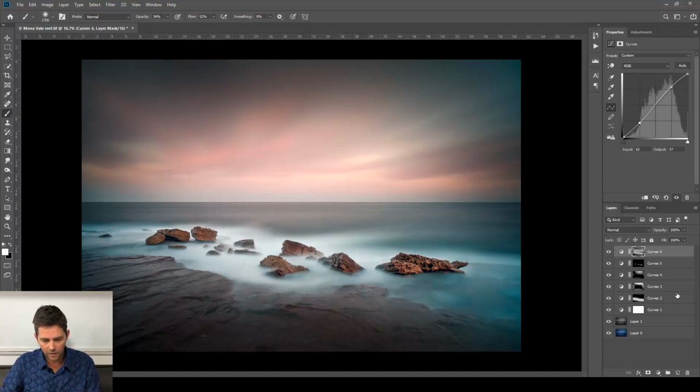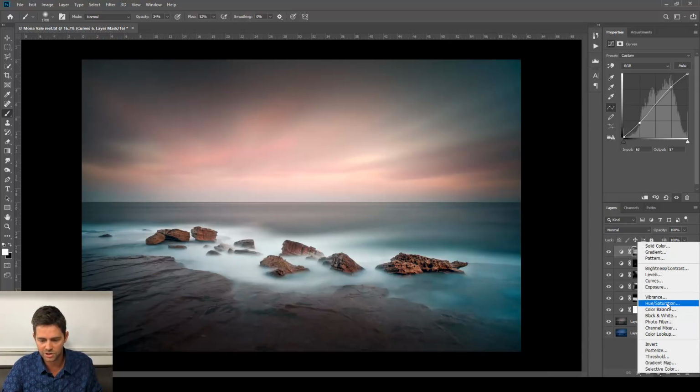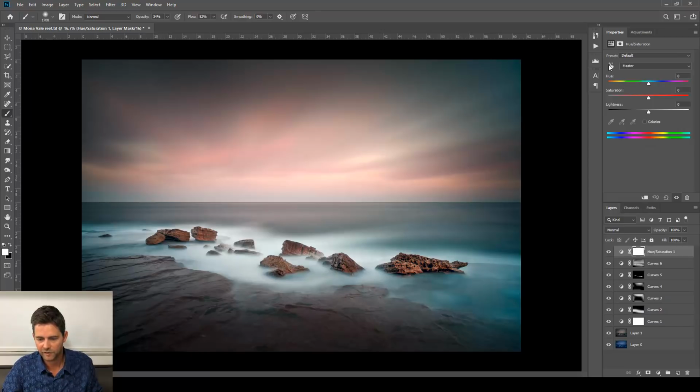Okay. Now, what we might do is just tweak the color a little bit now, okay? Now, there's a few little blue fringes. Up in this corner's got a little bit of a blue tint. Down here's got a little bit too much of that same blue. So we'll add a hue saturation layer. And if I just click this little hand icon up the top left here and click on the problem area right there and lower that saturation down,